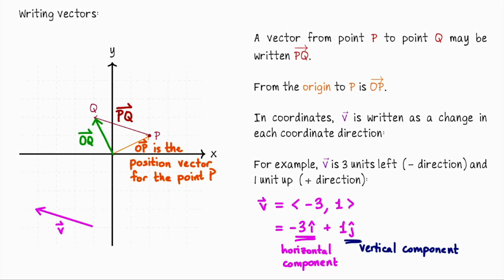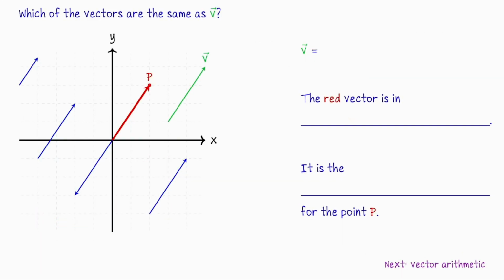Now I've said v is really the same as PQ, and let's talk a little bit more about that. So in this graph, I've given you a vector v over here in the first quadrant in R2. And then I've given you 5 other vectors, and the question is, which of these vectors graphed in R2 is the same as v? Now, what does it mean to be the same vector? Well, a vector is a length, or magnitude, and a sense of direction. So which of these 5 vectors has the same length and the same sense of direction? If it meets both of those criteria, then it's the same vector.